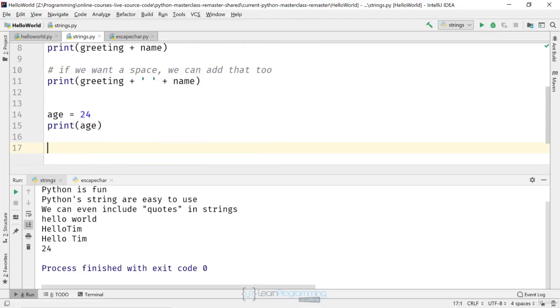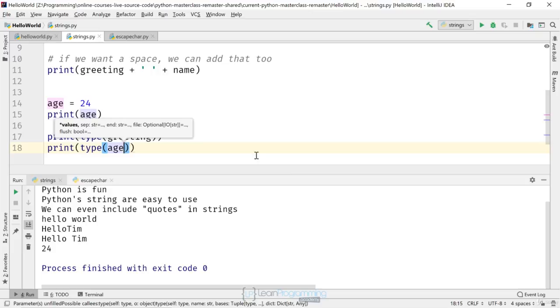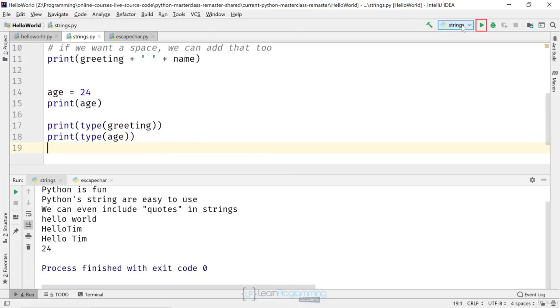So we'll come down here on line 17. I'm going to type print parentheses type parentheses greeting and the two closing right parentheses. Then line 18, print, same thing there, but this time with age. So type parentheses and age and the two closing right parentheses. So if we run this code now,